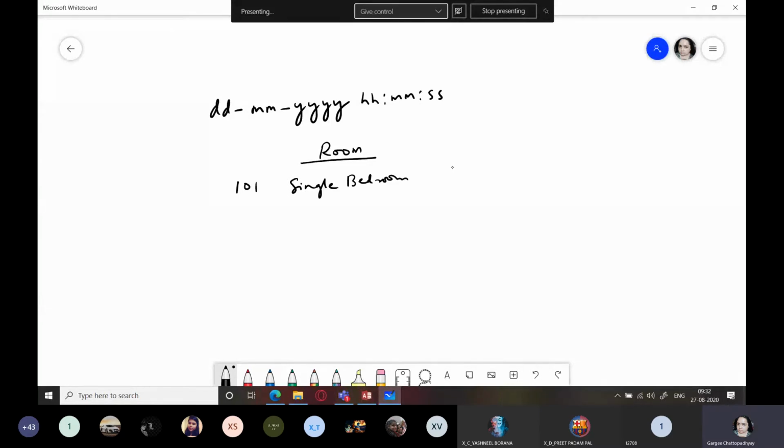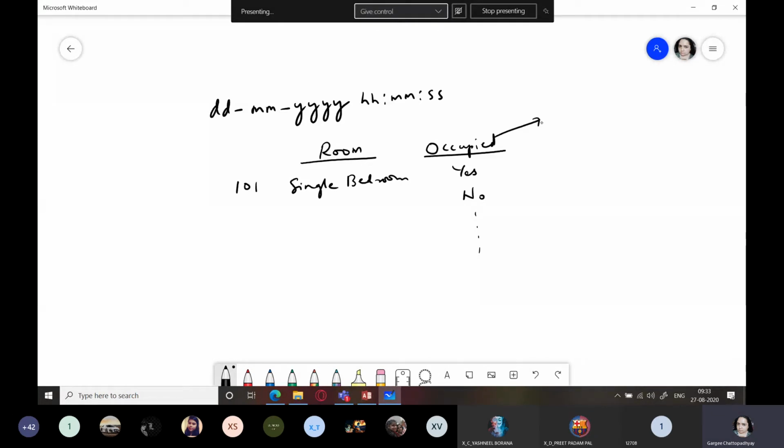So suppose you have a specific field named occupied. Occupied yes means there are occupants in the room. If it is empty, occupied will be no. Understood? So such types of fields which require only two values, true or false, yes or no, on or off, will be using which data type? Yes, no.